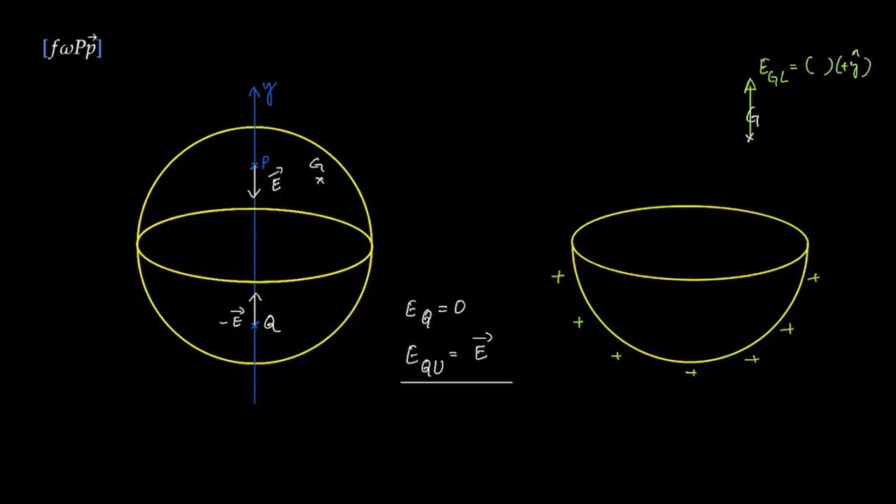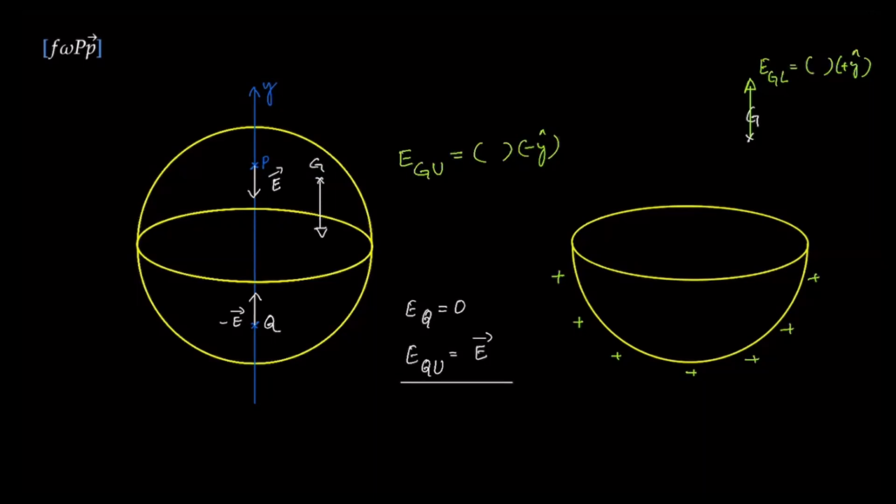Similar to the argument with the point Q, if you were to bring the southern hemisphere out here and finish this complete sphere, the net field there must be 0. Already we have some electric field that's in the upward direction that comes from the lower hemisphere. Therefore, the electric field at G from the upper hemisphere must be the same number, but in opposite direction. Therefore, it's along the minus Y direction. So from this, we can conclude that for any point G, anywhere inside the northern hemisphere out there, the electric field in the Y direction must be downwards.